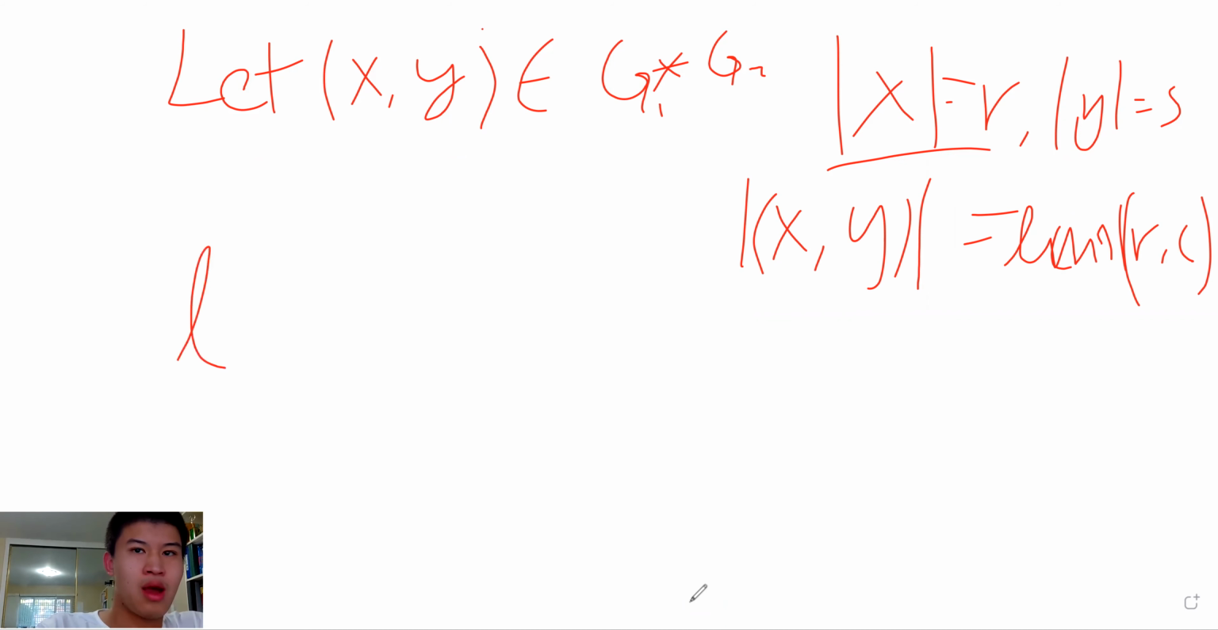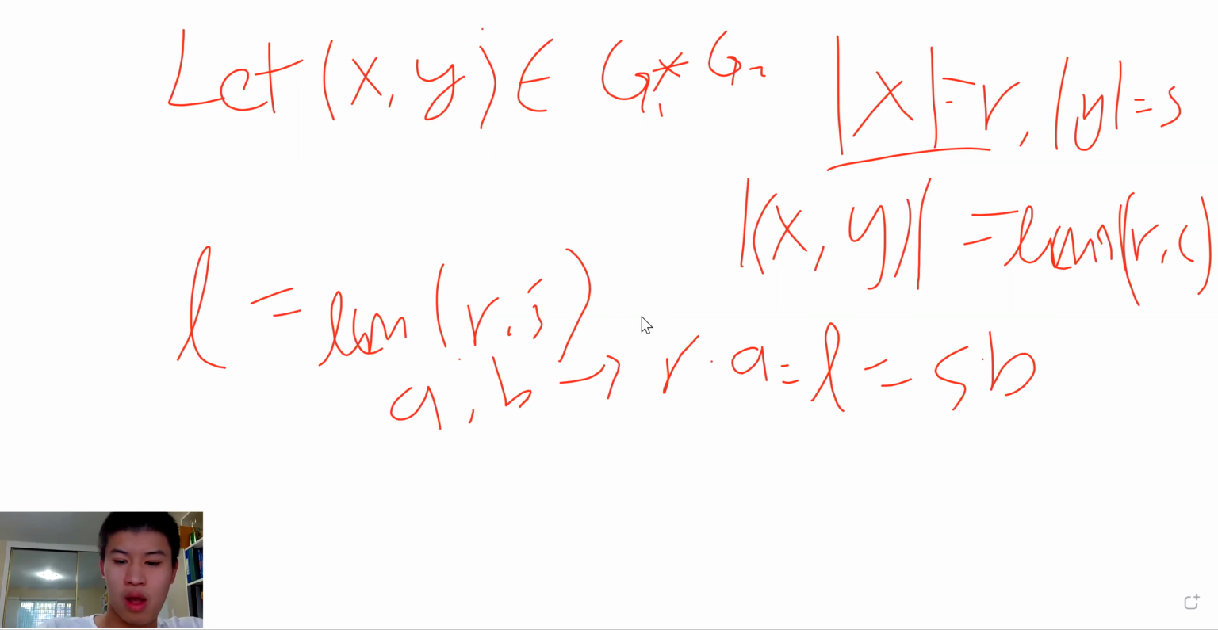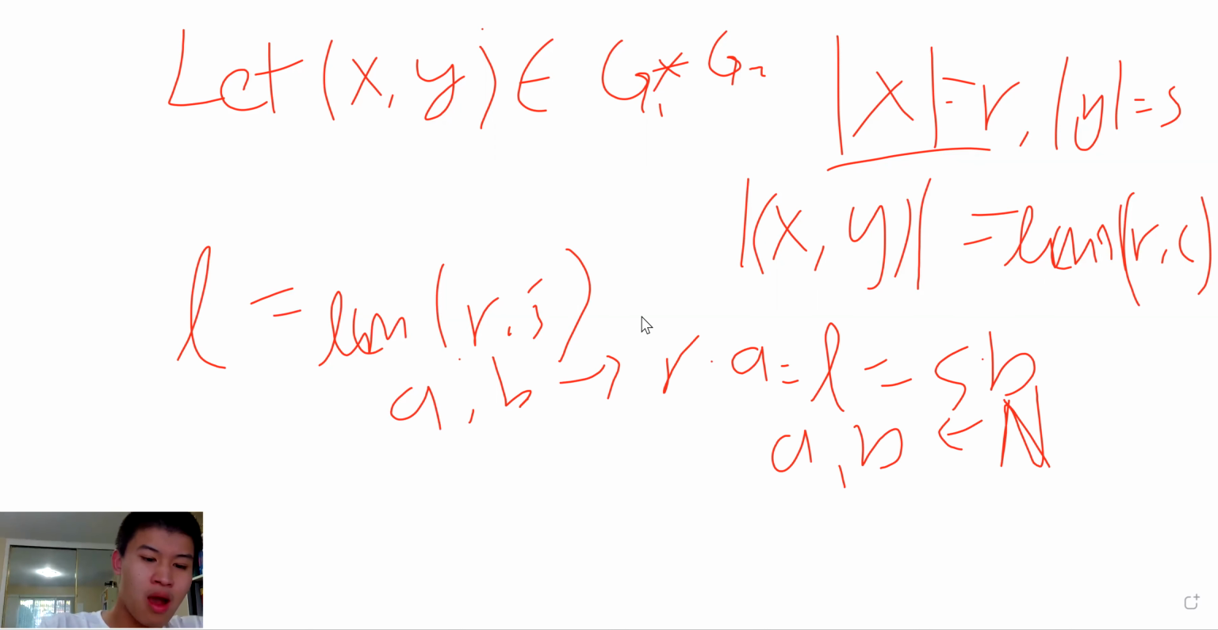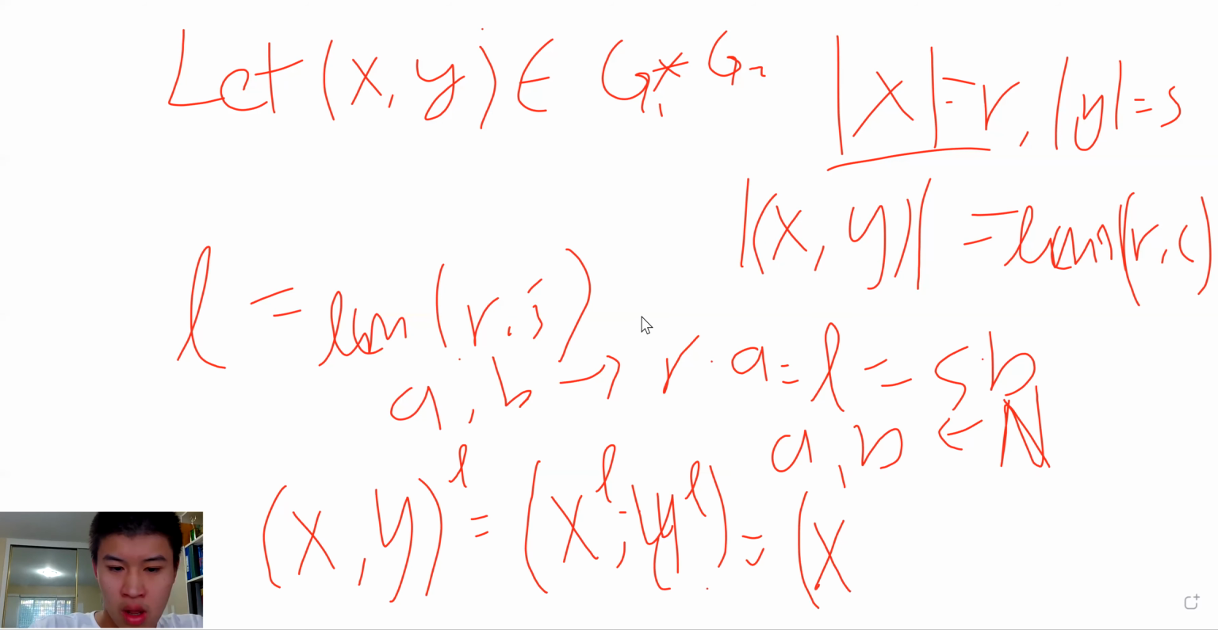And we can prove it by letting L be equal to the LCM of R and S, which means by the definition of LCM, there are two natural numbers A and B such that R times A is equal to L, and S times B is also equal to L. Then (X, Y) to the power of L will be equal to X to the L times Y to the L, which is equal to X to the RA and Y to the SB,